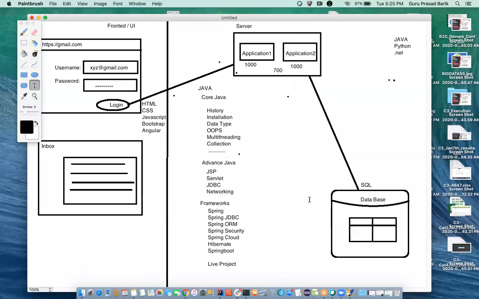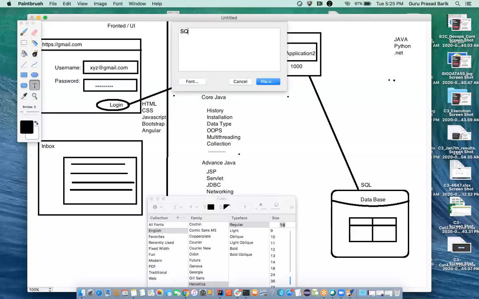What is next? We are giving you SQL, GitHub, and SonarQube. Why GitHub? Because whenever you join any industry and work on a project, your project code will be in a remote location, so that everyone working on this project can access it remotely. It should not be only in your local system, so that everybody can use the code present remotely. For that we are using GitHub.